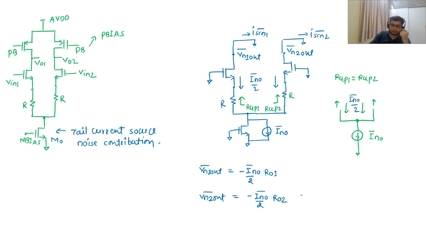Here, for both the outputs, the one point that I want to make is that both these output noise voltages are correlated. So I should show these two voltages independently, and then we'll calculate the differential voltage. When there is a common noise source and its noise is split into two halves, then what we can see,